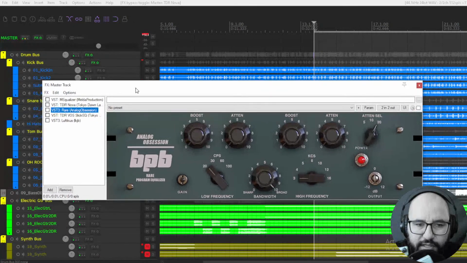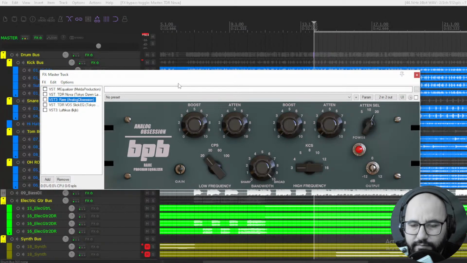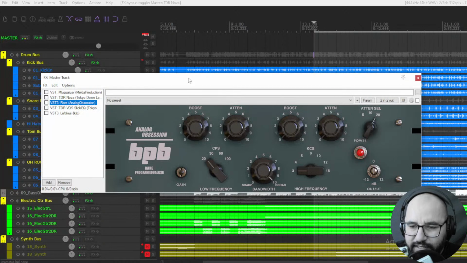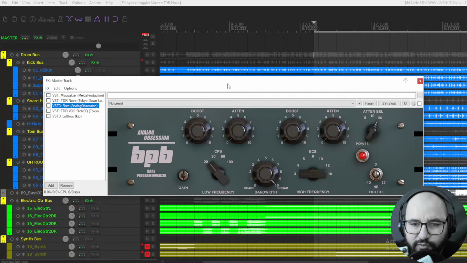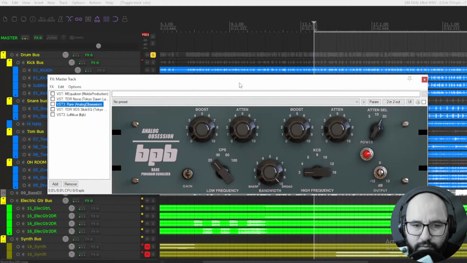Let's move on with the next plugin in this list, which is the Analog Obsession in partnership with the Bedroom Producer blog, the Rare. Also, when I want some of those analog type of curves, the Pultec, it's a very good one, right? And of course, if you know the Pultec EQ trick, when you boost and attenuate the same frequency, that works great for a cool low end on drums or in the full mix or on bass. So yeah, pretty cool. Let's use it here on these drums as well.